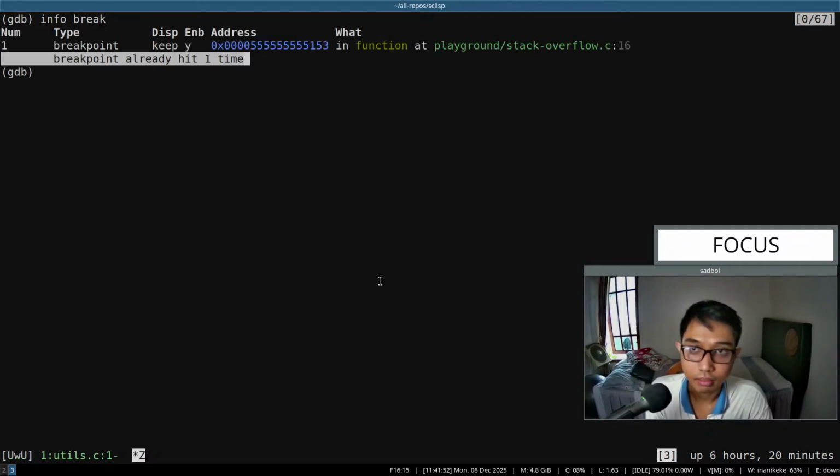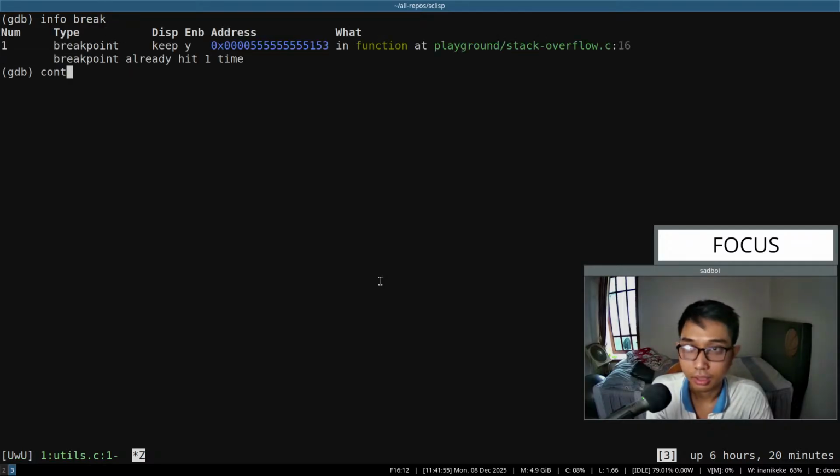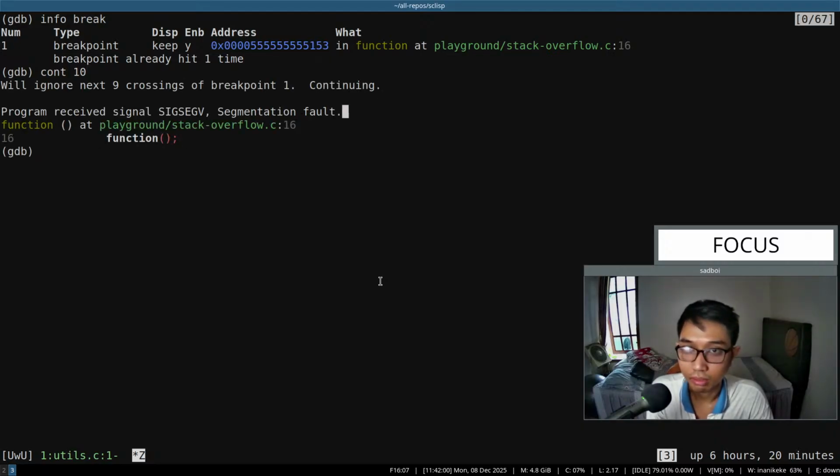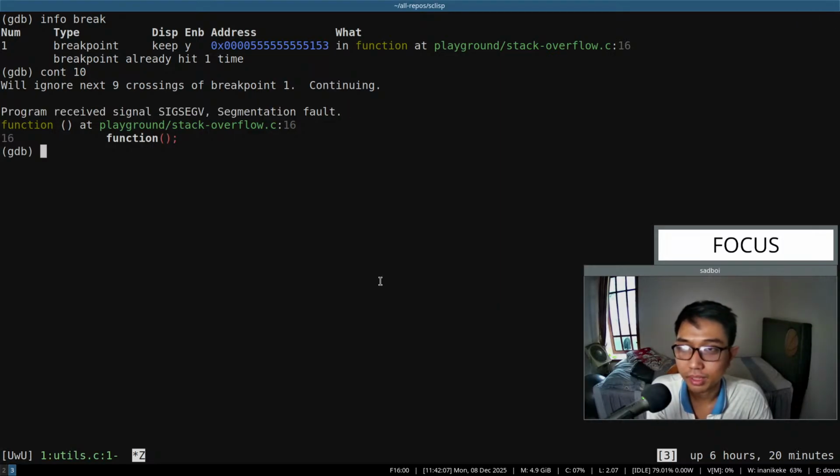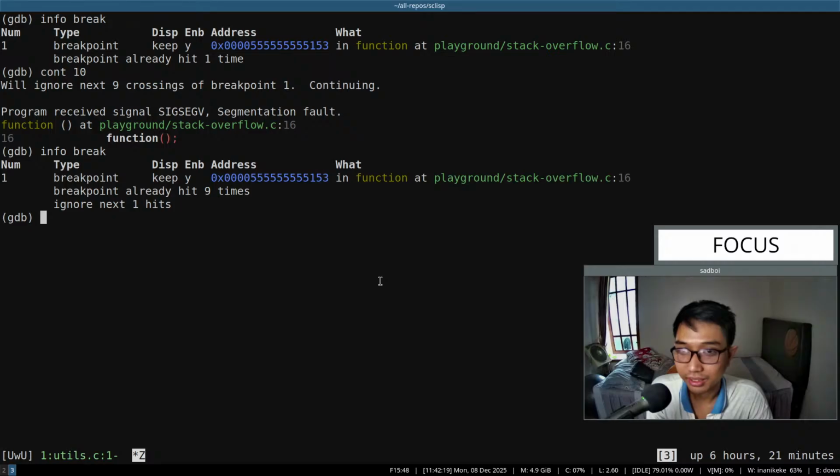Yeah, it hit the breakpoint one time, and if we continue, let's say 10 times, we will get a segfault, where basically our stack, I assume it is overflow, and then we get a segfault, right? I mean, I'm still not sure 100%, but we got a segfault because we overflow the limit of the stack